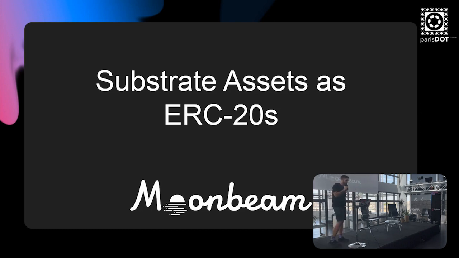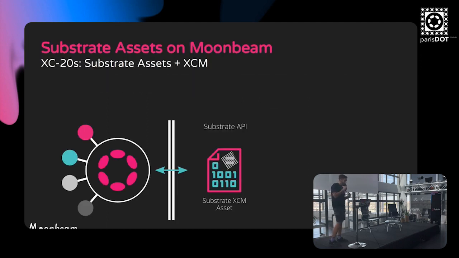So first, let's talk about substrate assets and ERC-20s. Some of you are familiar with Polkadot, right? Hopefully. In the Polkadot ecosystem, we're talking about interoperability between parachains that can transfer assets. I mean, a lot more than assets, but for the sake of this presentation, we'll focus on assets. We can name these substrate assets, right? Within all the participants of the Polkadot ecosystem, these assets can flow freely between them